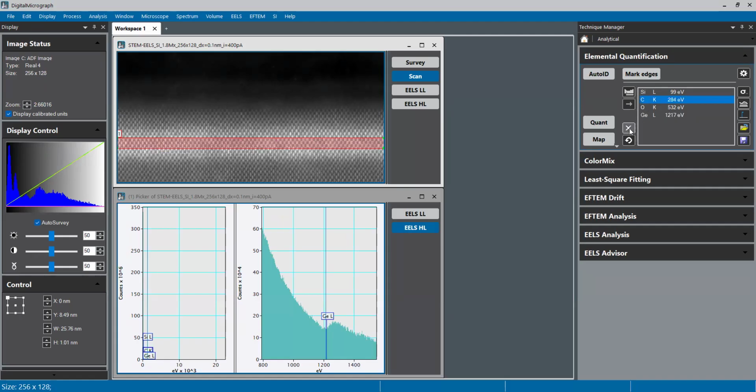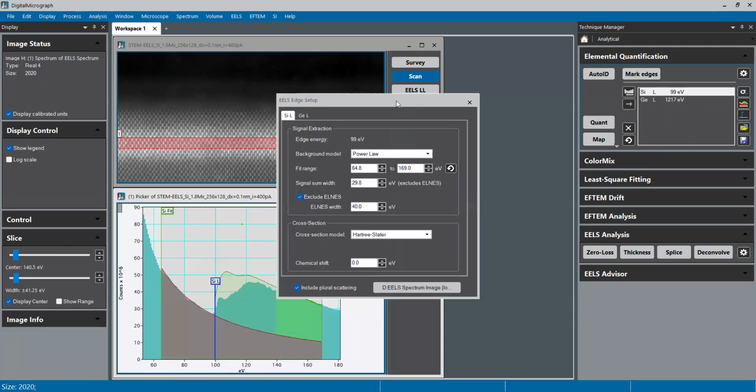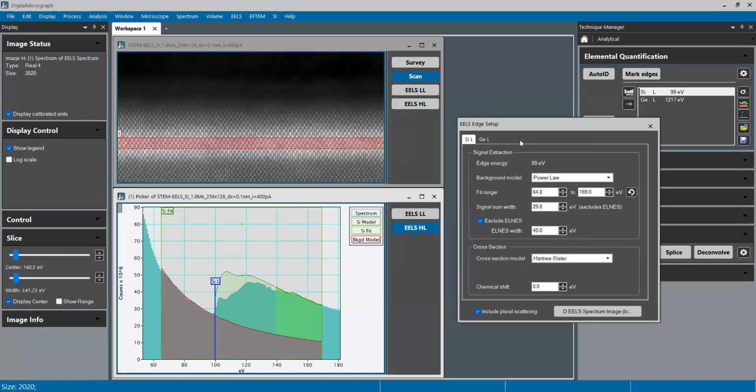So let's get rid of the carbon. Let's get rid of the oxygen. And then what we can do now is go to the edge setup here, and we can see how it is doing the quant, okay? So what we see here, it's going to take us to the first core loss edge for the silicon, okay? So it's telling us,